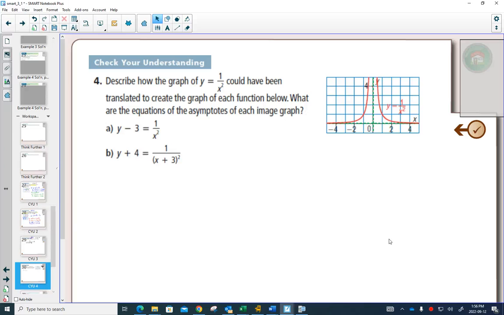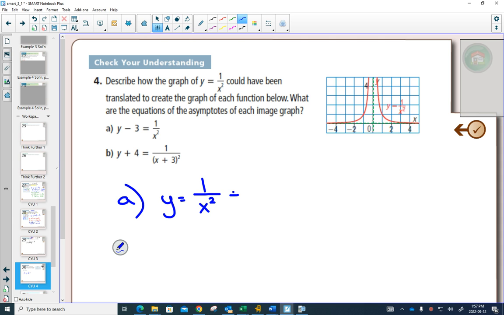And finally, the last example in this section, they give us an equation, 1 over x squared, and they give us the parent graph or the original graph to the right. This wasn't one on our sheet. This is a new one. So we need to be able to do all of the graphs that we can using the patterns that we've noticed. So, for A, first of all,